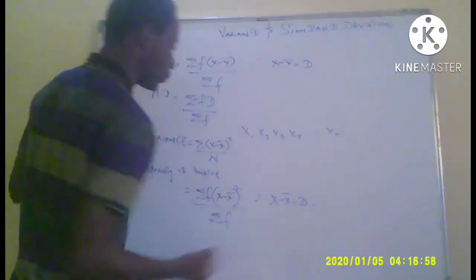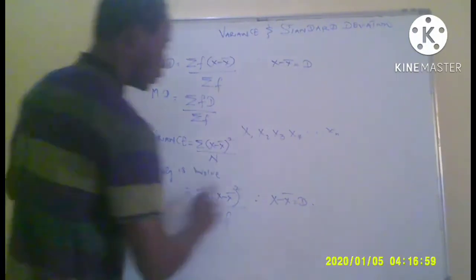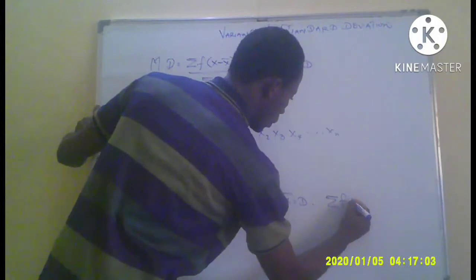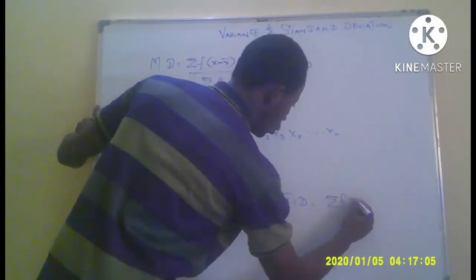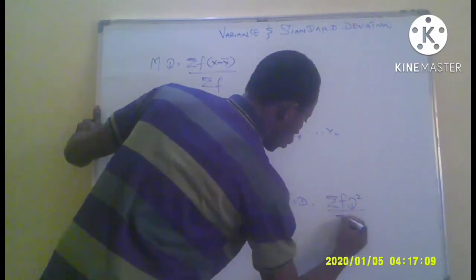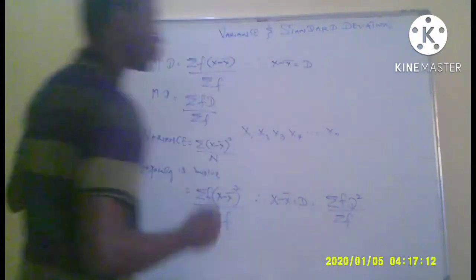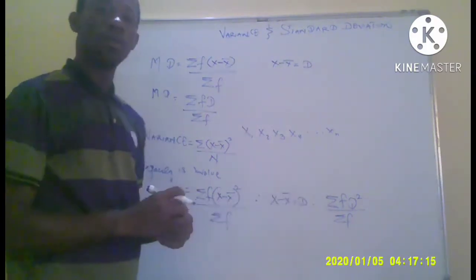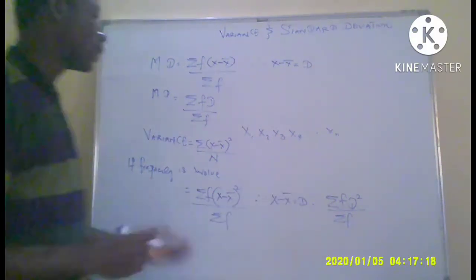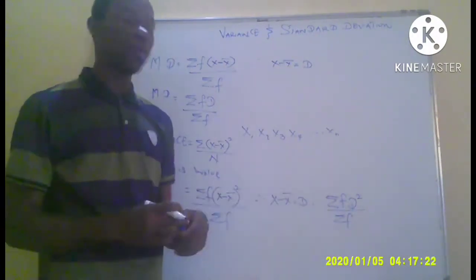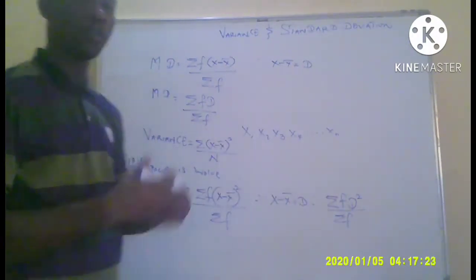Therefore, we can say the variance is equal to the sum of the product of the frequency and the deviation squared, all over the sum of frequency. Yes, this is the new formula for variance. That is the square of the deviation times the frequency, divided by the sum of the frequency, gives us the